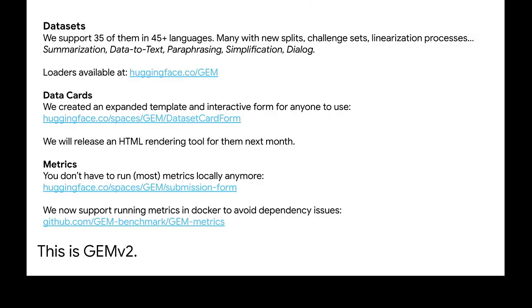Moreover, within this month, probably in 1 to 2 weeks, we'll release a rendering tool that will also allow you to take the output from our form and render this in a really nice and accessible HTML that you can put on your website for your dataset. We also documented all 35 of the datasets, which led to a total word count of over 70,000 words for all of the datasets that we have. So this has been a massive effort to improve how we know about limitations of datasets.